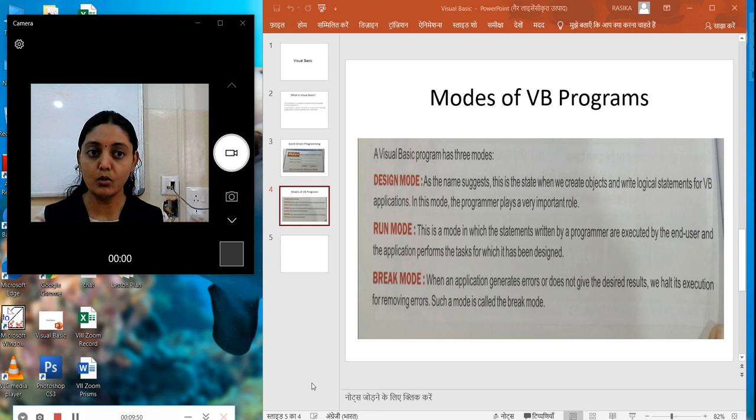Now in design mode, what happens? This is the state when we create objects. Design means what? Suppose I am a dress designer. Just imagine I'm a dress designer. I'm designing a dress by drawing on my cardboard, or I can say on my chart paper or in my notebook. I'm drawing a design.